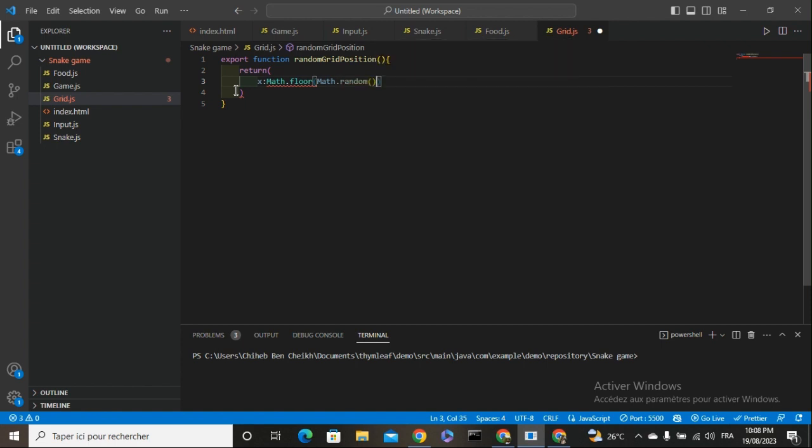This random function basically returns a number between 0 and 1. So to make this number between 1 and 21, we will multiply it by grid size,